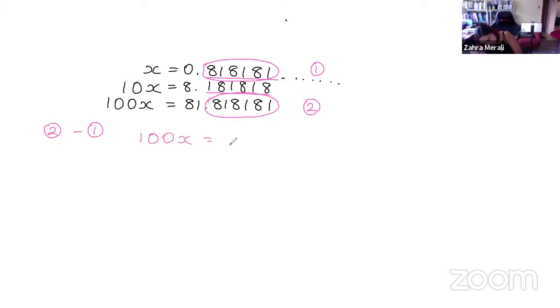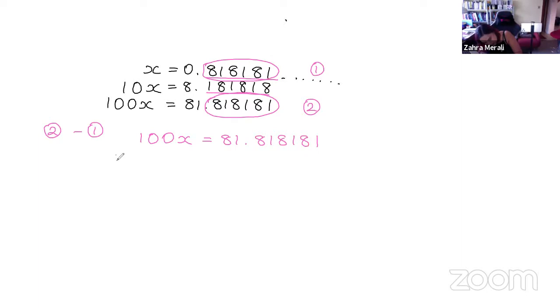So move it up 1 decimal place. And now I've got 81.818181. And I can see now that this bit here is identical to this bit here. So if I call this my 1 and this is my 2, I can now do 2 take away 1. So if I write them on top of each other so it's easy to see,